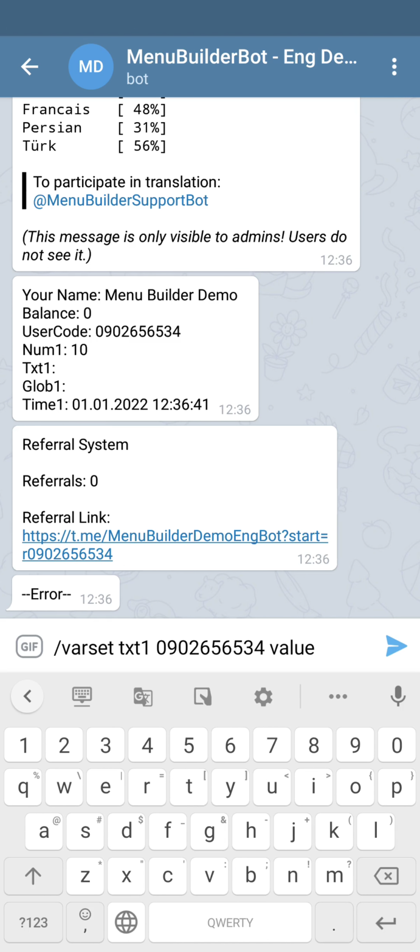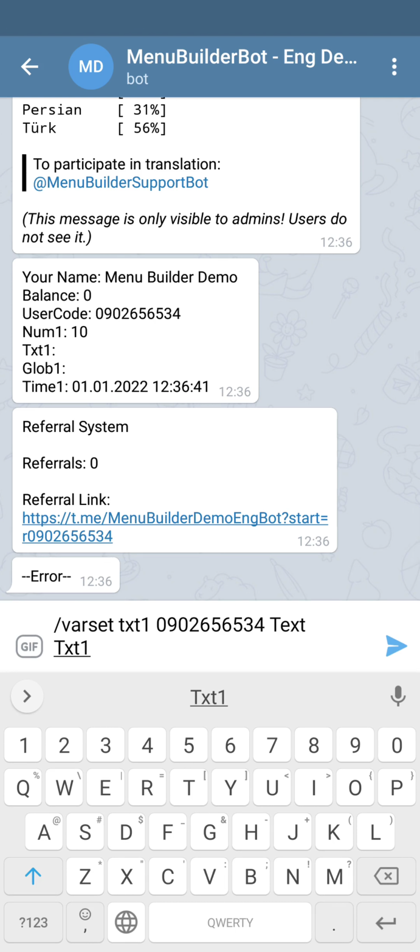Alright, now our command already has almost everything. The last thing left is to set the value. Let's add some text. As you can see, all the parameters are separated by spaces. If the text you want to set in the variable is on different lines, the first word of the text is supposed to be on the same line with the command, but the rest you can move to another line if you want. For example, this is how your command may look like.